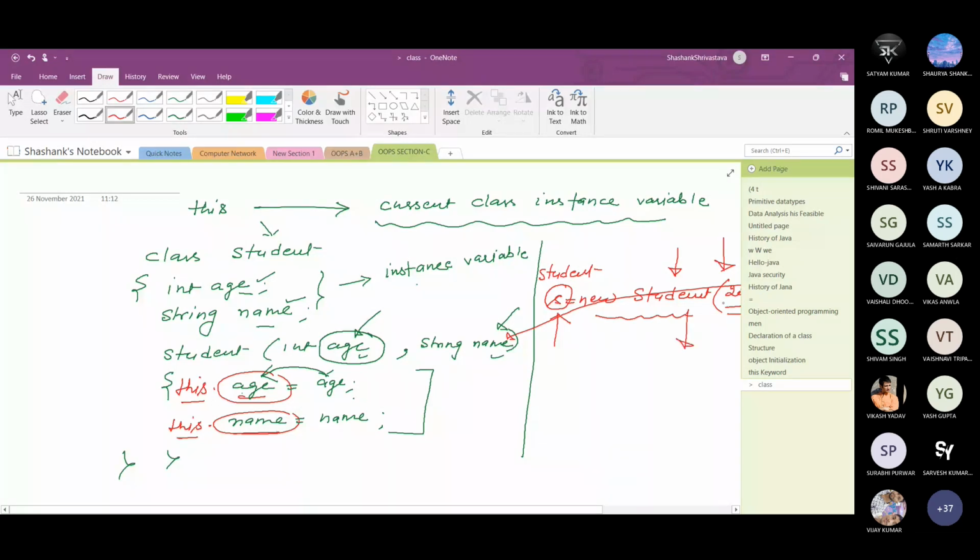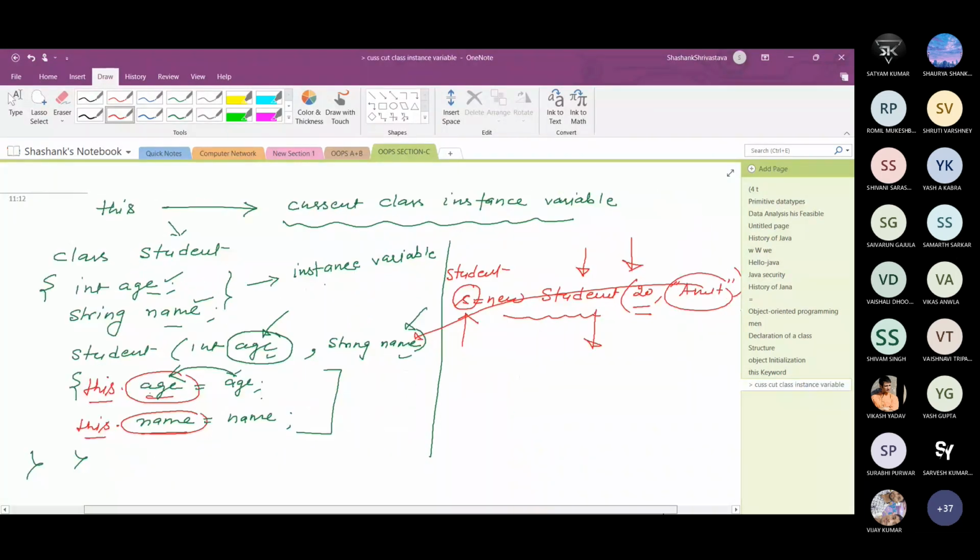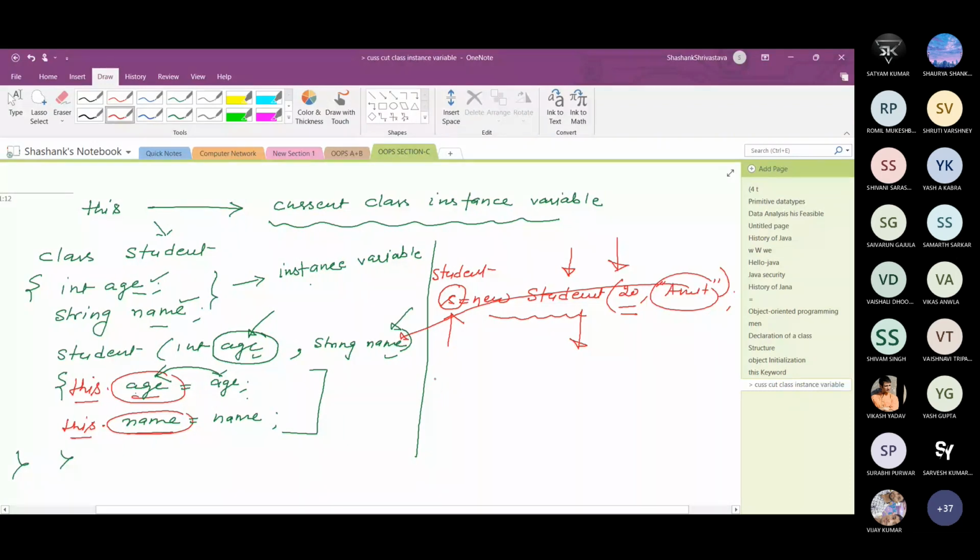Similarly if I write another constructor call, student s1 equal to new student, and here if I write 30 and suppose Ravi.